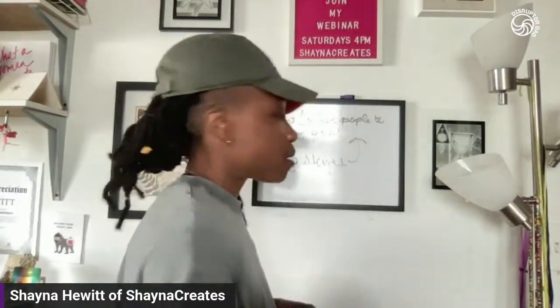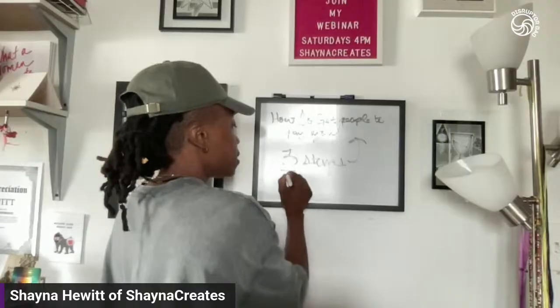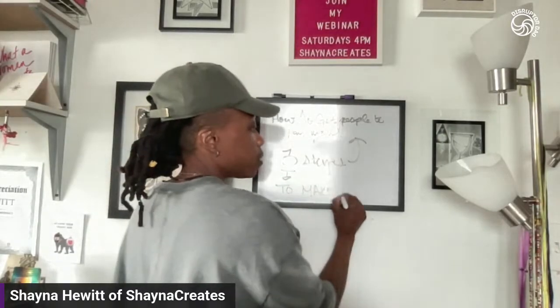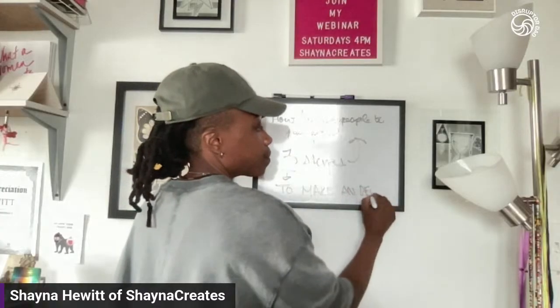I'm going to give you the third right now because it's very easy. The third is you have to be able to make an offer. That's it. We know that. We've talked about that. You create a product or you have a service, you need to have an offer no matter if you're in a physical building or if you just have an online presence. But there are two steps that many solopreneurs and entrepreneurs skip prior to getting to the third step, and we're going to talk about those two today. I want you to be super successful. I want you to convert a lot of clients and have a lot of sales.